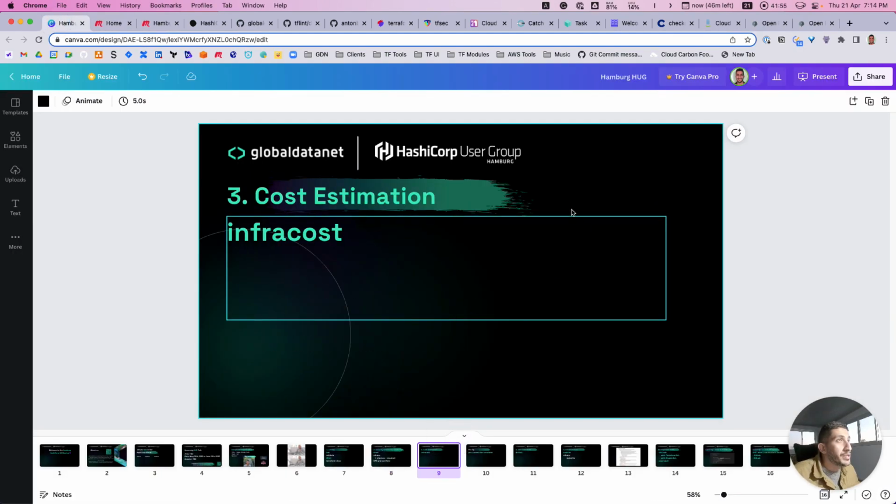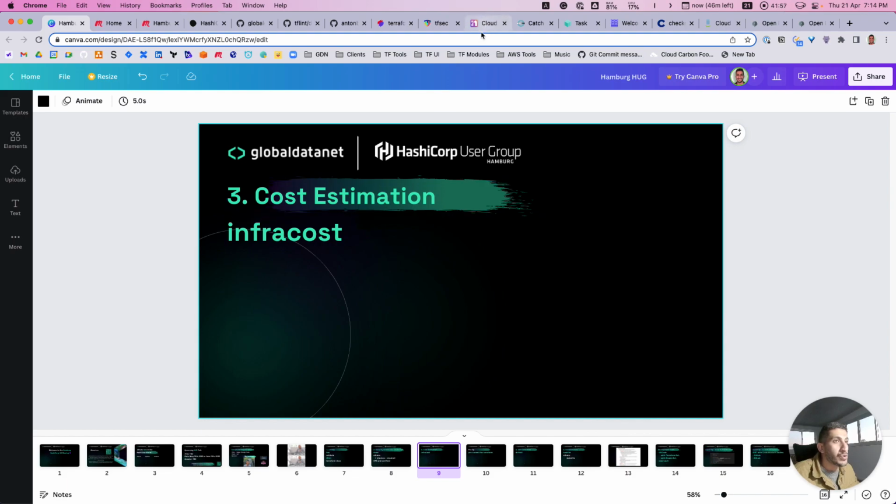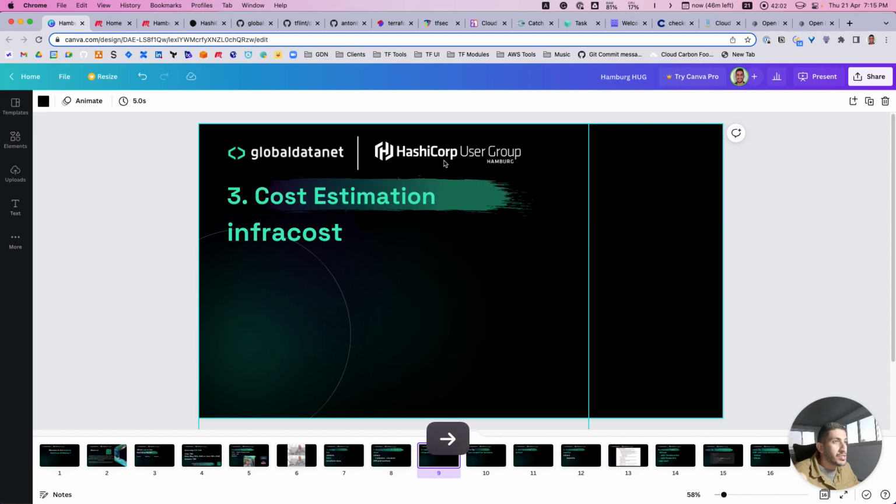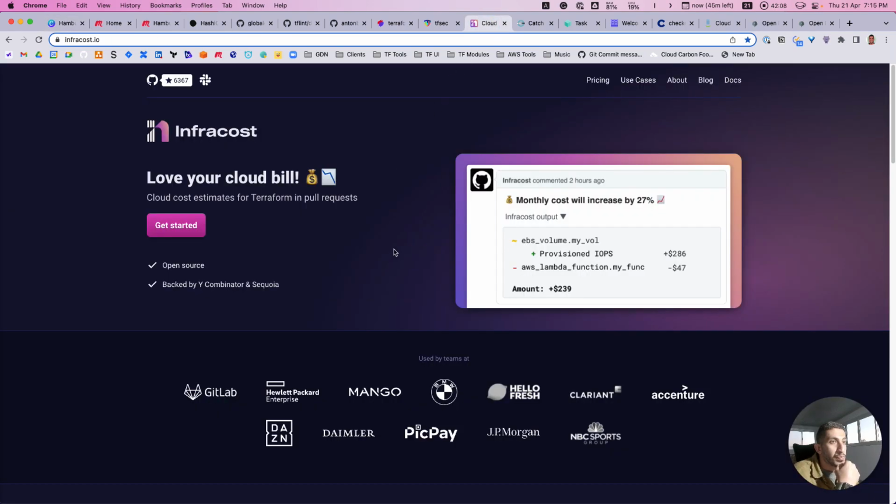The third one is Infracost. So we start with linting, and then security checks and policy. The third one that we recommend is Infracost. Infracost is an open source project, again starting small, and it has a really nice cost estimation or breakdown for your infrastructure, and this is part of FinOps. So if you are thinking about SecOps in security checks, you can also think about FinOps